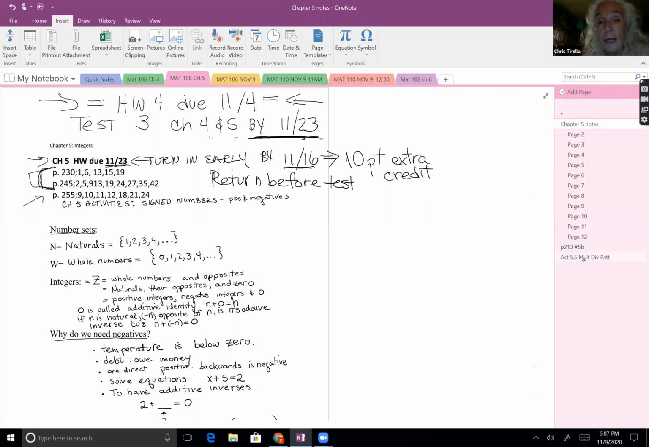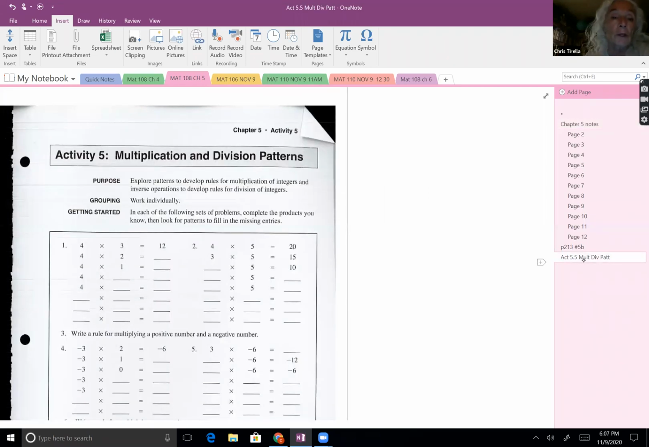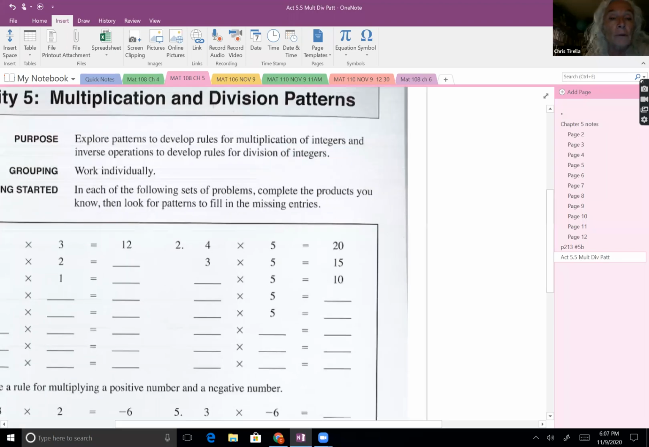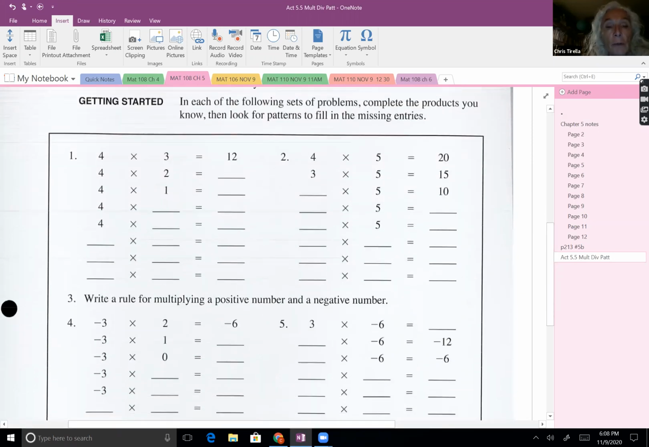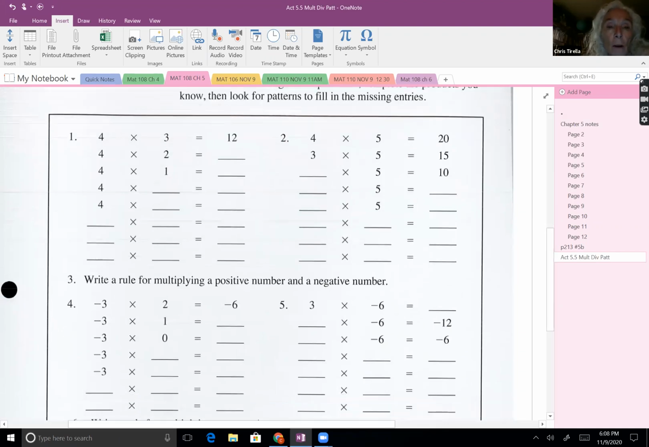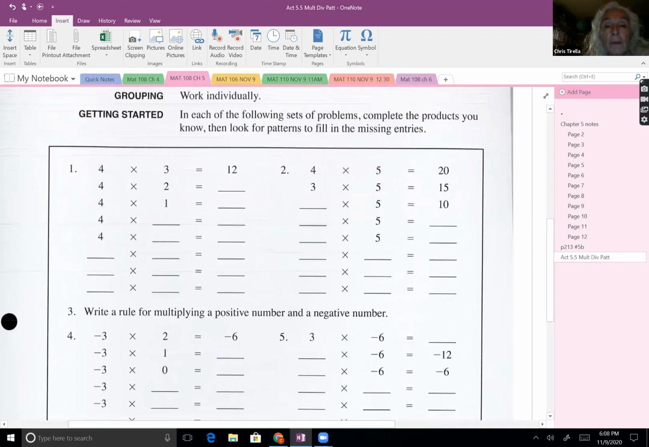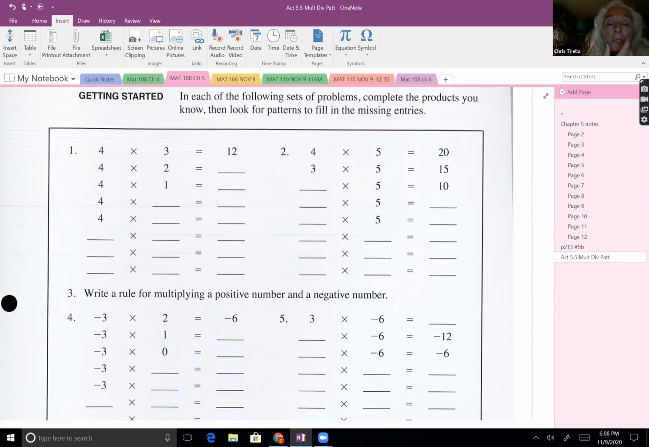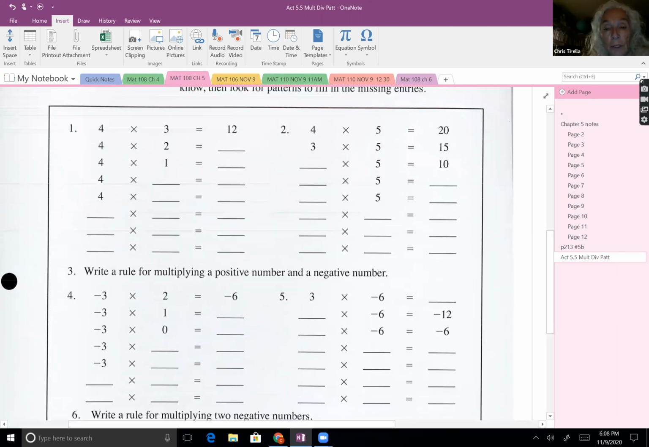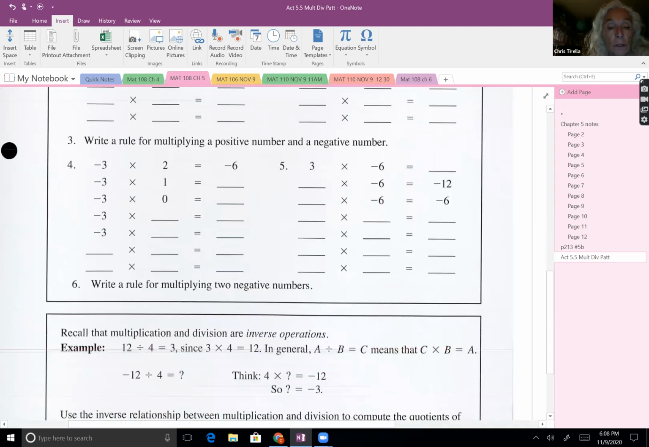Okay, so that activity, multiplication and division patterns. We want to explore patterns to help us develop rules for multiplication of integers, and inverse operations to develop rules for division of integers. It says that you're supposed to work individually. In each of the following sets of problems, complete the products you know, and then look for patterns to fill in the missing entries. And so let's look at